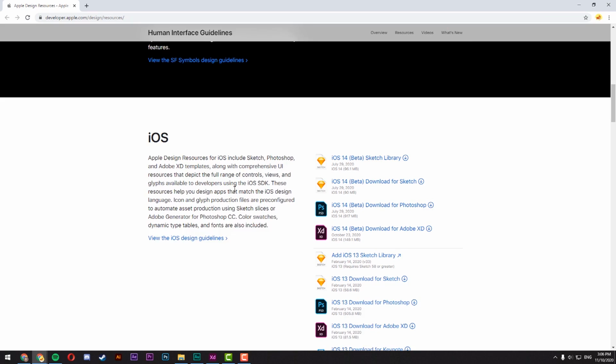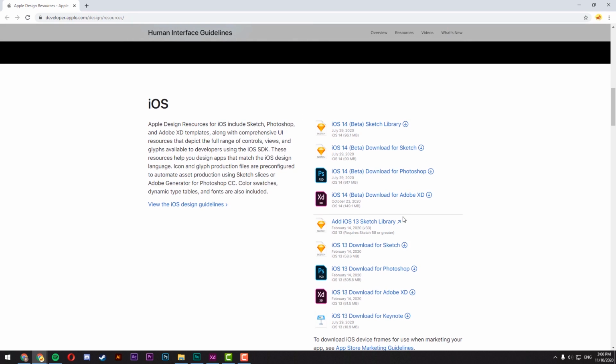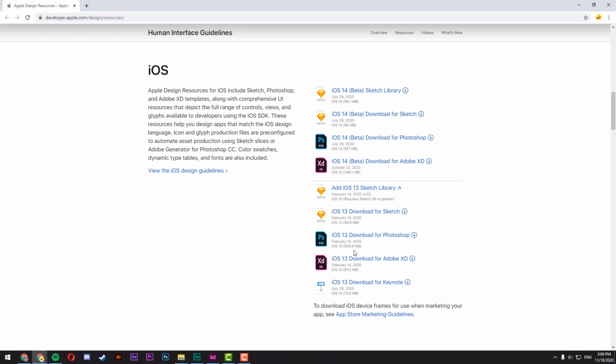Here we have two iOS UI kits versions to choose from, and I insist you pick the stable version for your design unless you want to check what's new in the new iOS version. Because as much as you can see, it was updated not too long ago, and it is always a risk of being not actual. When you have chosen the required option, just click the download button, and here's a huge